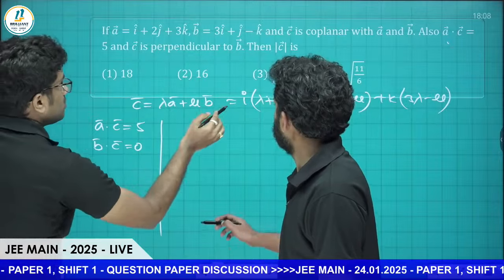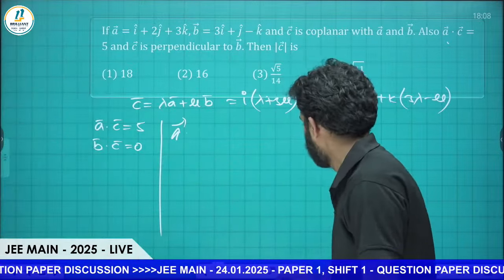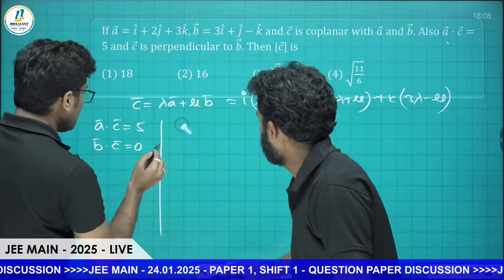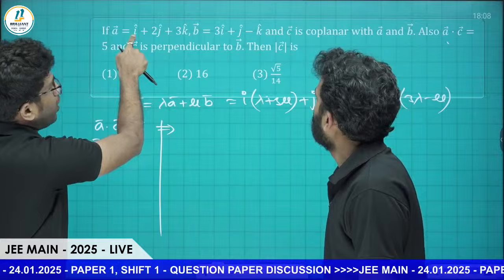That becomes 0. That is, A dot of this is equal to 0.5. That is, A dot C is equal to 5. We can write A here directly, right? That is, A bar dot C bar is equal to 5, which implies 1 into